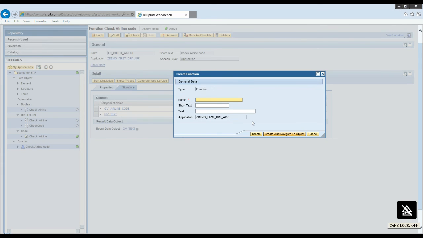I will name it check airline by rule set, event mode. As I mentioned, what is the difference between event mode and functional mode? Functional mode directly triggers an expression, but event mode triggers a rule set of sequential rules.